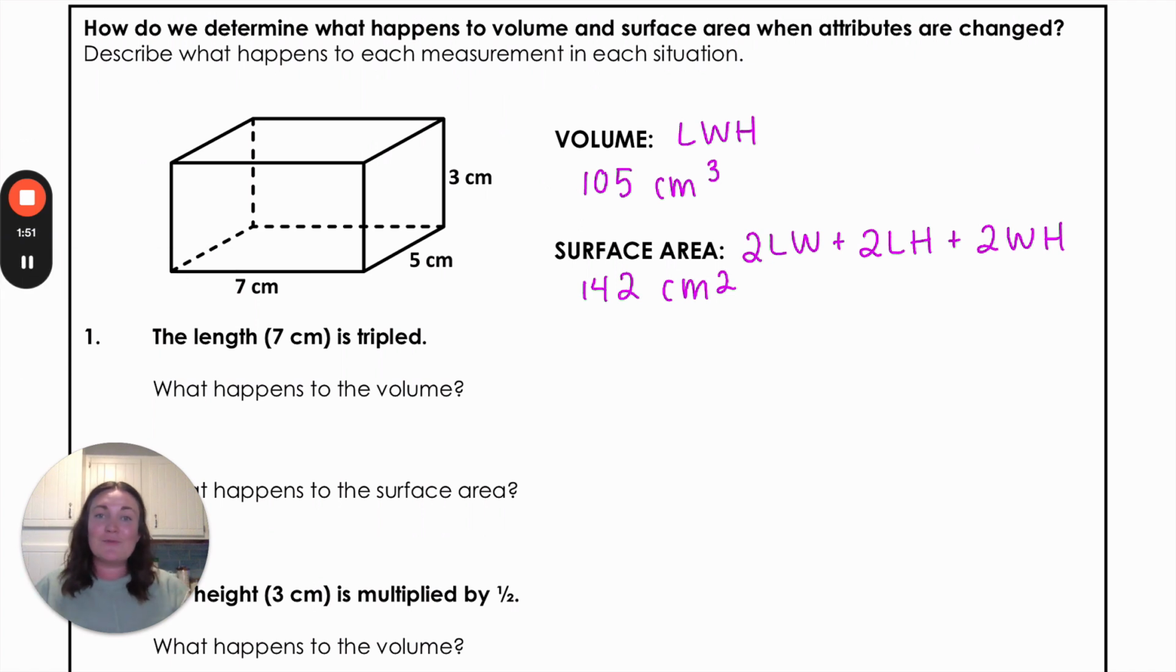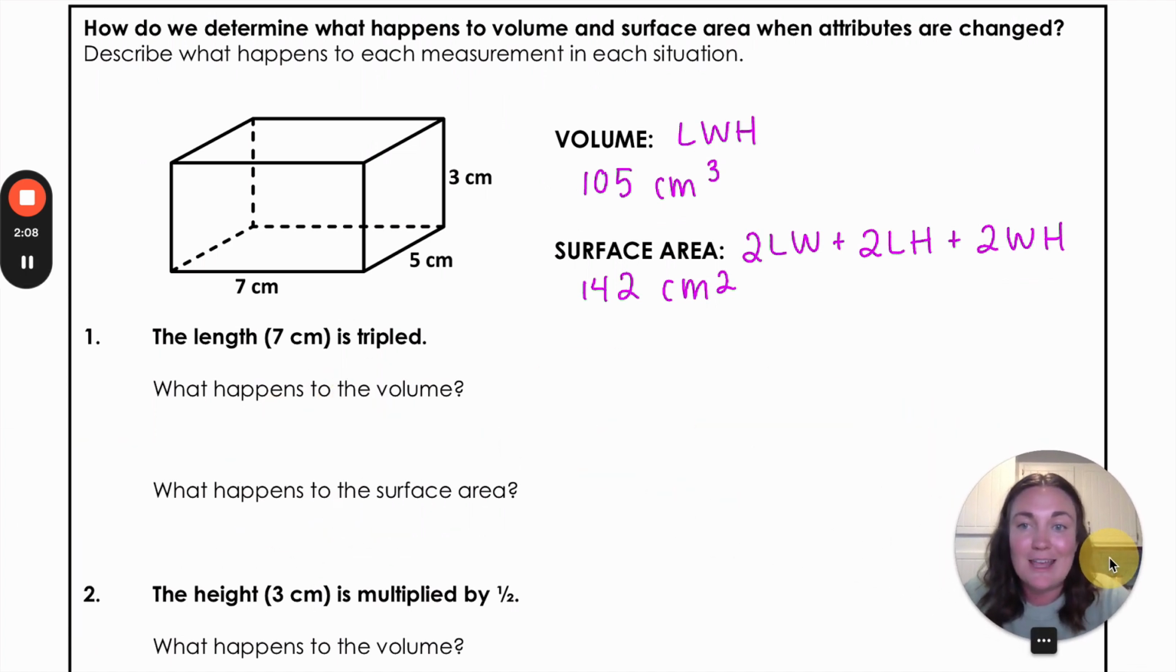Now, when I plug in those formulas, remember that volume of a rectangular prism is length times width times height. I get 105 centimeters cubed. And when I plug in that long formula for surface area, I get 142 centimeters squared. So we're only changing one measurement at a time. So in this first case, we're going to take that length of 7 and we're going to triple it, which means that that 7 is going to turn into